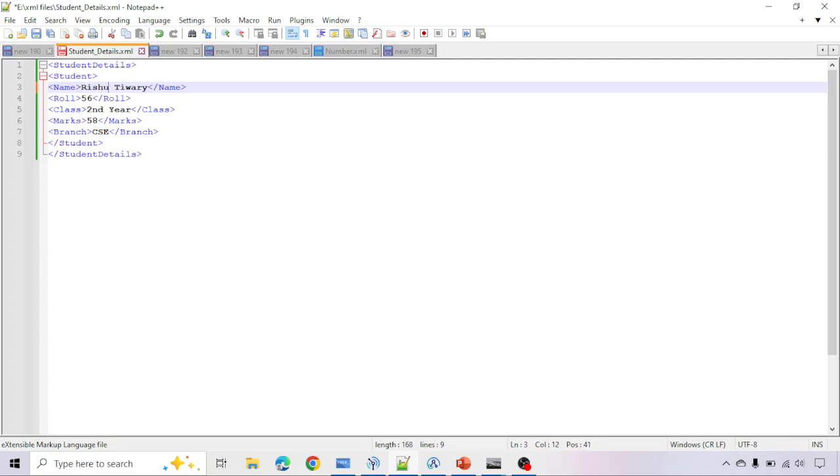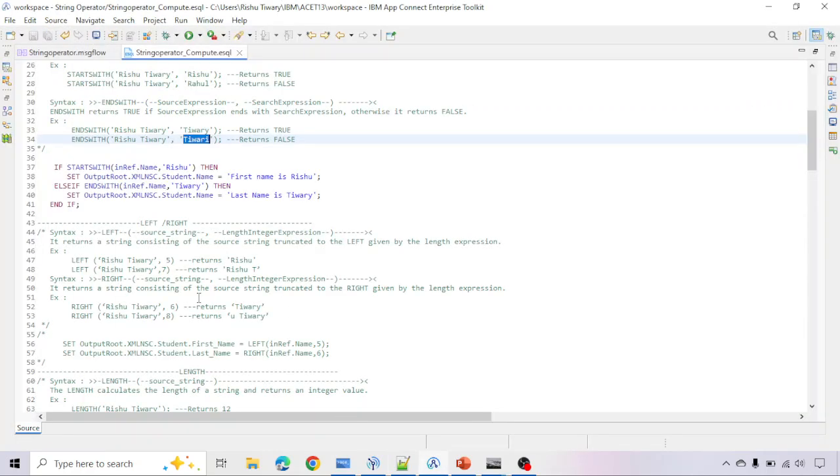Okay. So whatever the name I am putting here, Risu Tiwari, in the input message, I will check if that message starts with Risu. If it starts with Risu, then in the output route I am just creating a field student.name, and in the name field I am just hard coding the first name is Risu. And if in case,